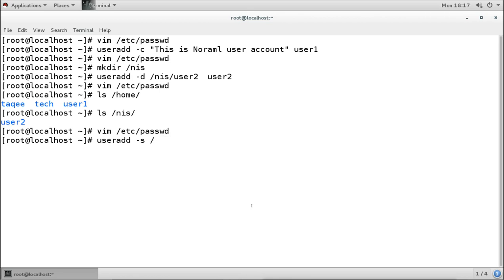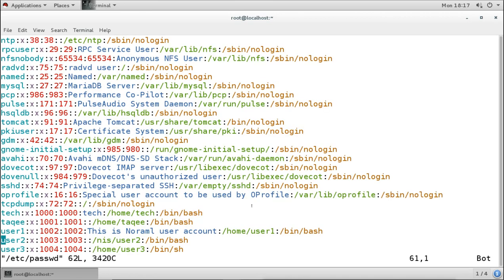I want to give the sh shell to the user, and then I will mention the username. So with this shell, the user can log in on the interactive shells like command line or graphical, but will get a different shell. It is not getting bash, it is getting the sh shell. We can verify by using the passwd file, and we can see now this user3 we created, and it is getting what? Bash shell.